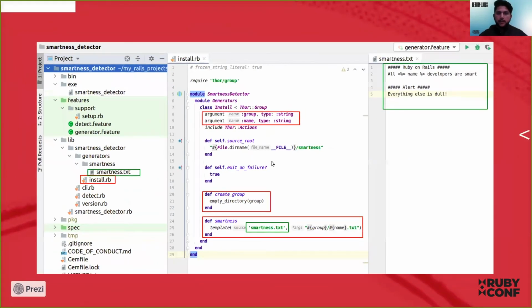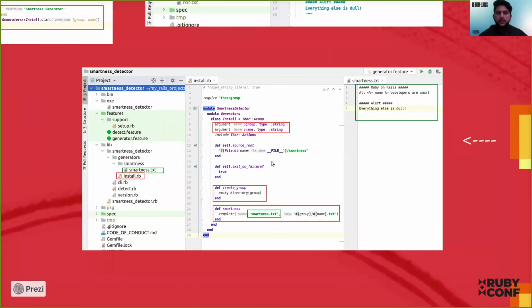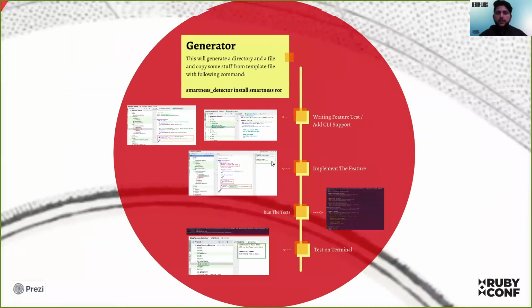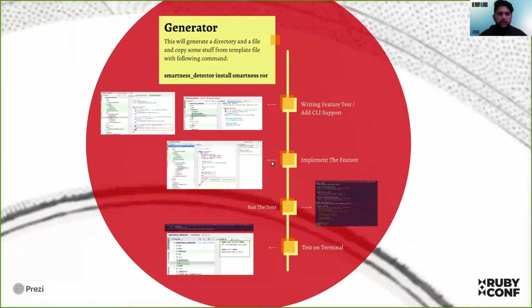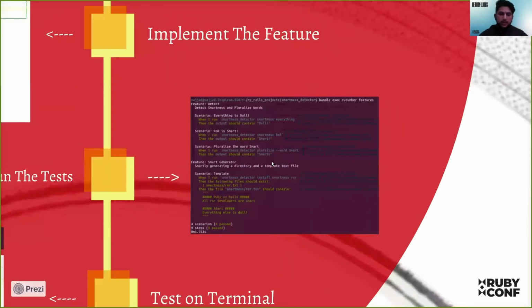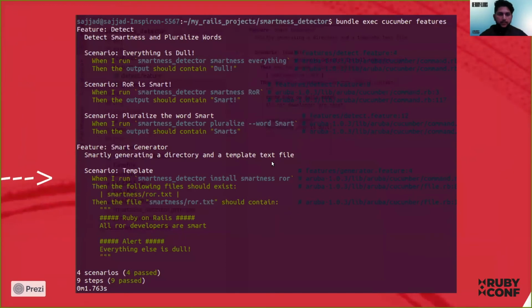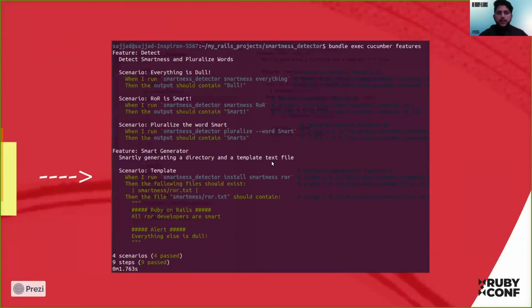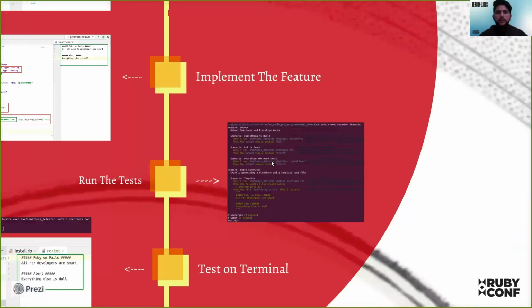So let's try to run Cucumber tests. For that, we will run bundle exec cucumber features, and we should see all green. It means we are on the right track. Let's try to test this on the terminal.